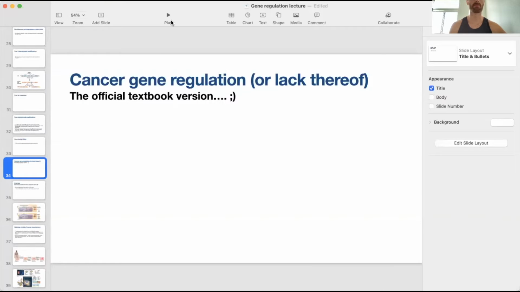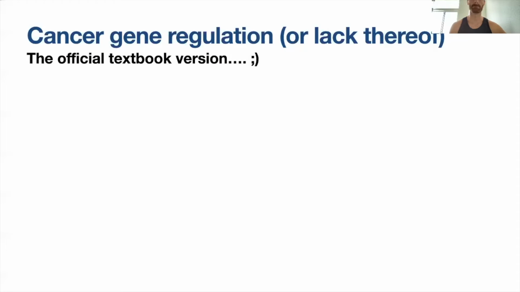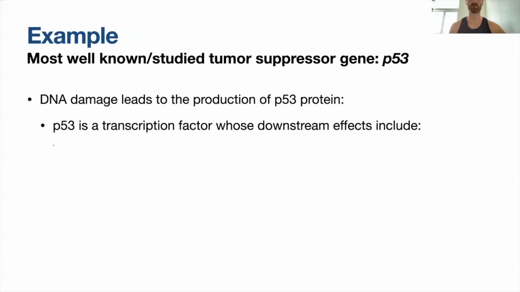So let's take a look at an example of a tumor suppressor gene. This one I just had to teach you about, P53. It's just a very, very well studied and famous tumor suppressor protein. In fact, it's kind of interesting. So we have one P53 gene,